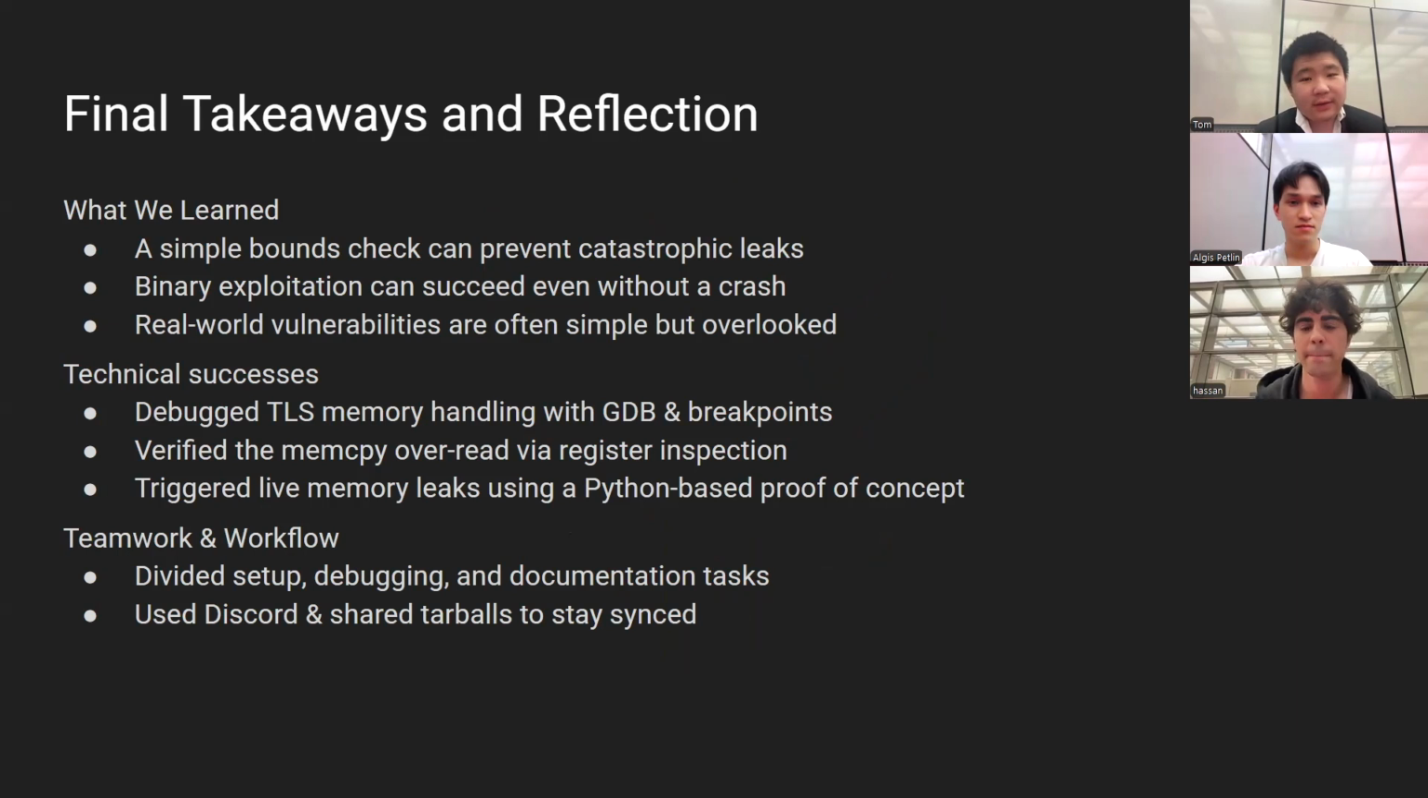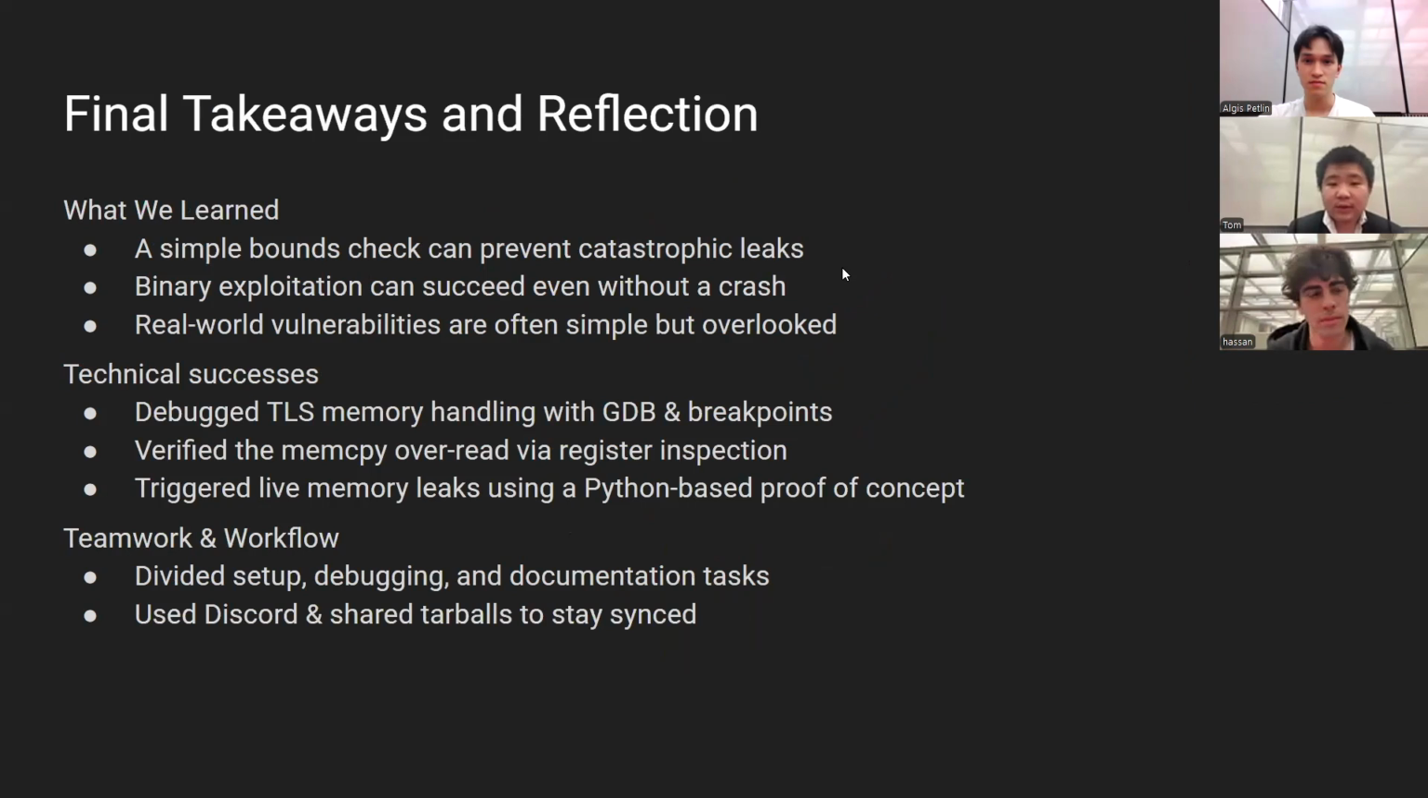So for the final takeaways from the session, what we have learned is that a very simple bug like this bounds check issue can cause catastrophic leaks, and binary exploitation can succeed even without crashing the program. It's a real-world vulnerability, simple but overlooked. From a technical standpoint, we debugged TLS memory handling with GDB breakpoints. We verified the memcpy overread via register inspection, and we triggered live memory leaks using a Python-based proof of